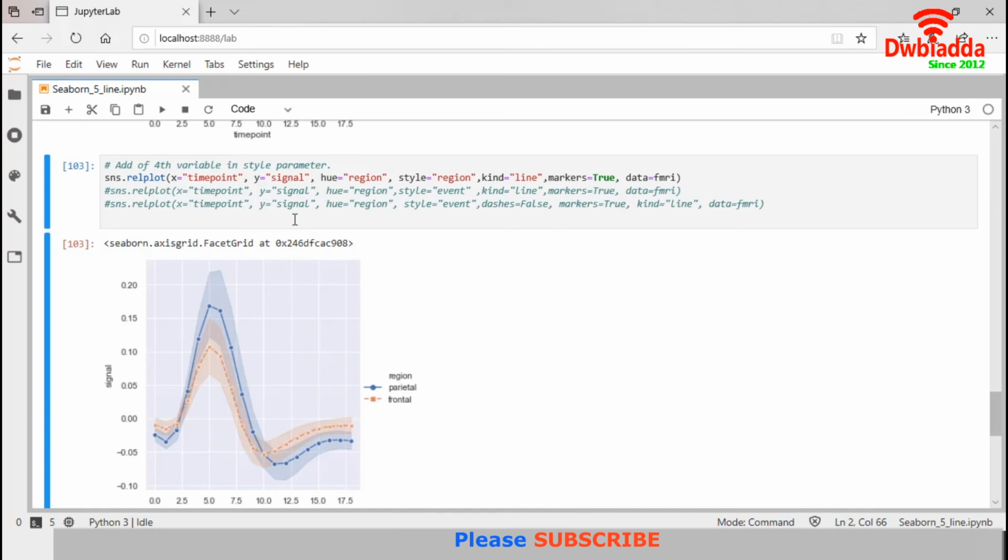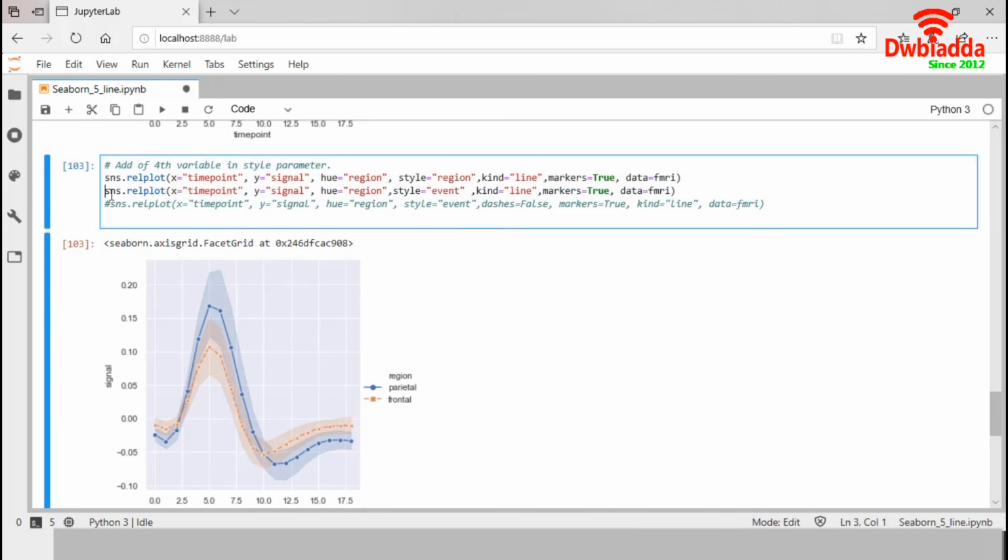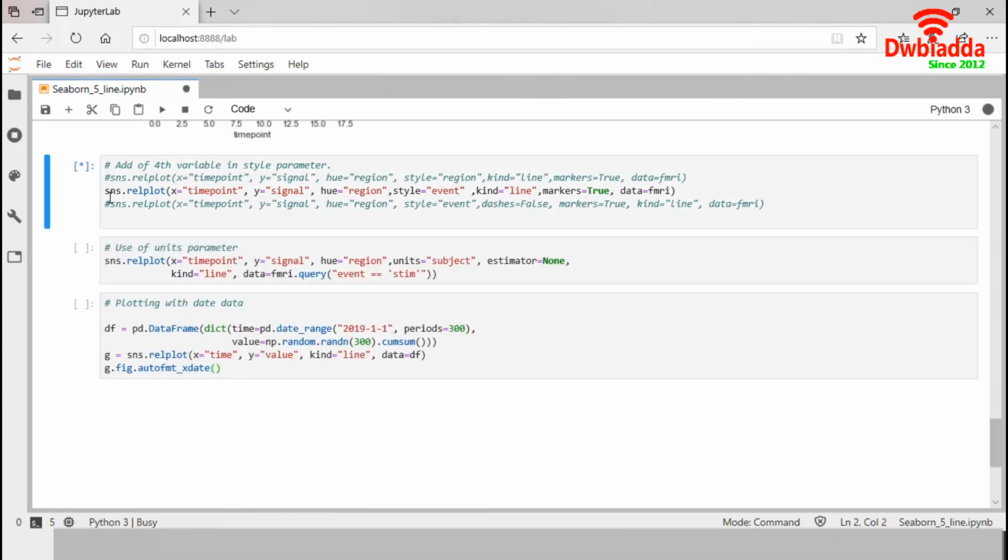It is also possible to represent 4 variables by changing the hue and style of each point independently. We set region to hue and event to the style parameter. It will generate a plot where the region will be displayed by colors and event will be represented by markers. Let's execute this.